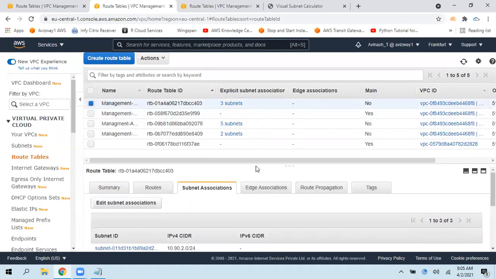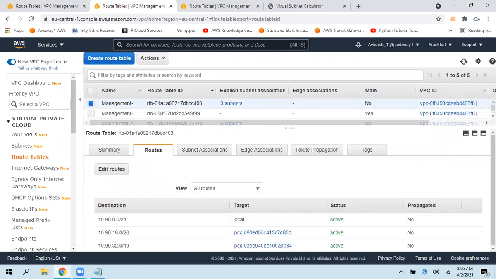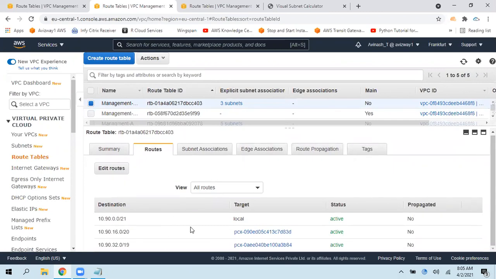Are these 3 subnets public? I have 3 subnets here, and these subnets contain this route table. This is not public. Is it public? No. Forget about public, that PCX.